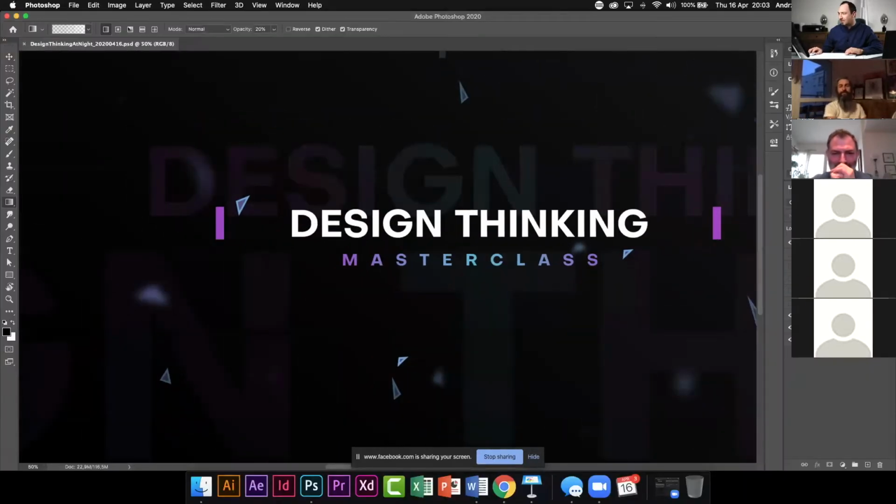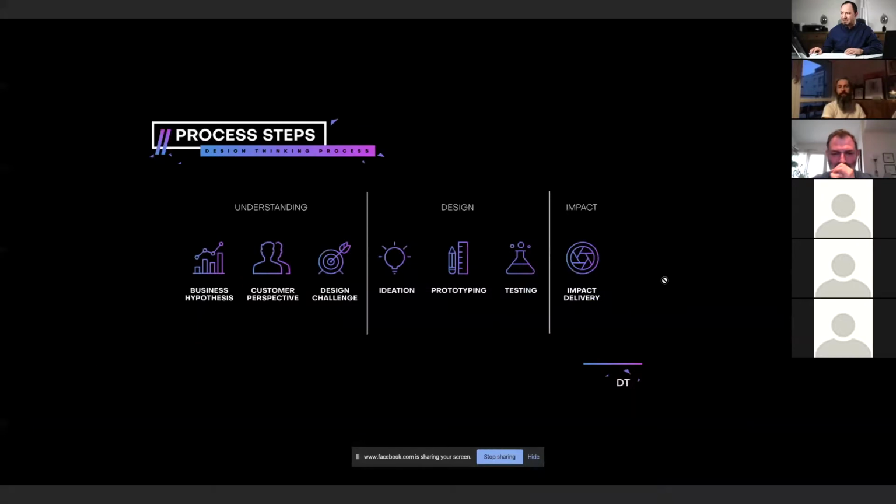And what design thinking actually is, some people call it a mindset, some people call it a process of creatively solving some issues within a business, service, or a product, and some people call it a methodology. So depending on how you look at this whole thing, to me, it's pretty much common sense,